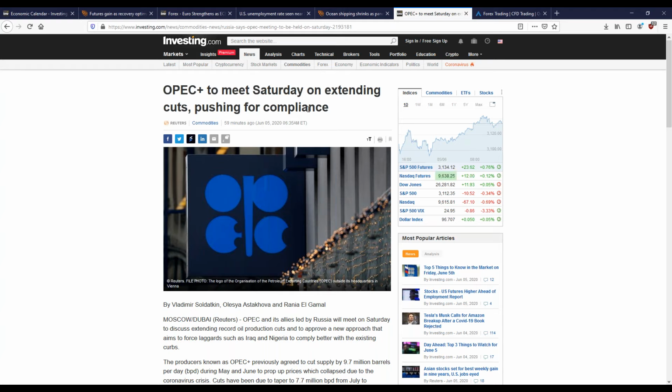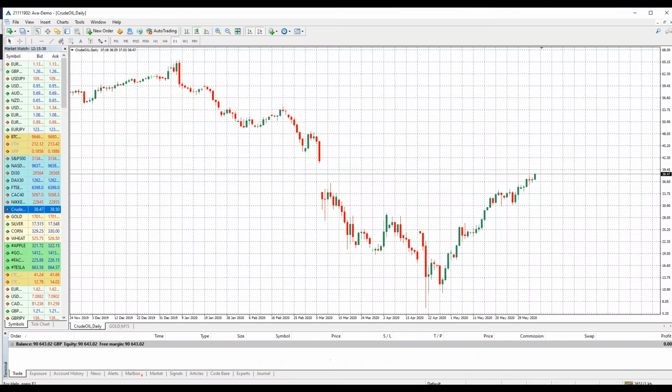And speaking of that, let's jump on the charts and take a look at oil, because this was predictable. We talked about it last week with the technical analysis webinar and the fundamental analysis webinar. Look what happened, exactly what we predicted. If this movement re-enters the gap, it will likely try to fill the entire gap. And we said, get your pending orders ready. Well, look at that. It's two thirds filled now. Two thirds of the gap is filled.